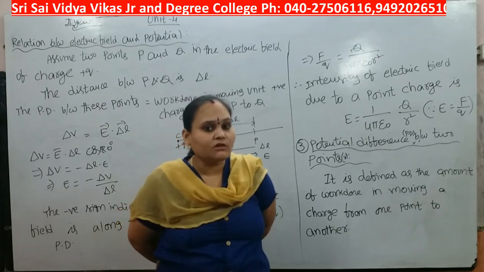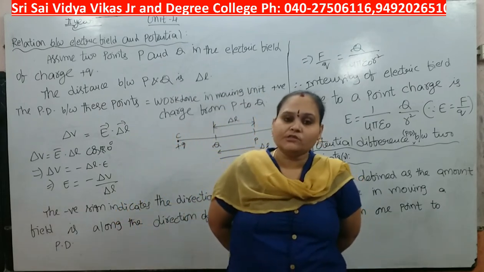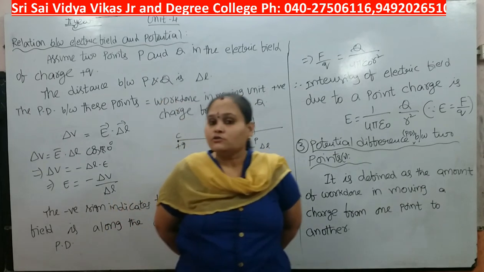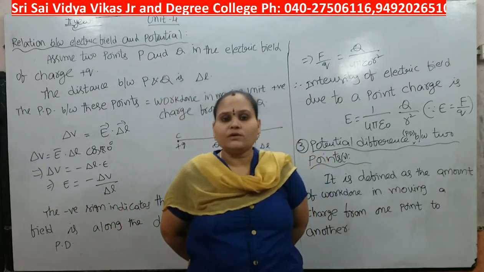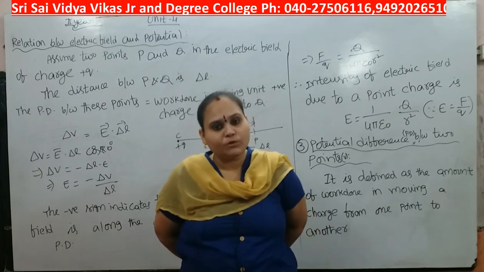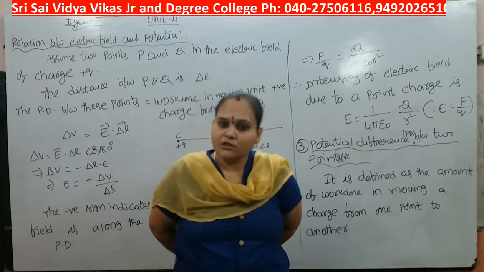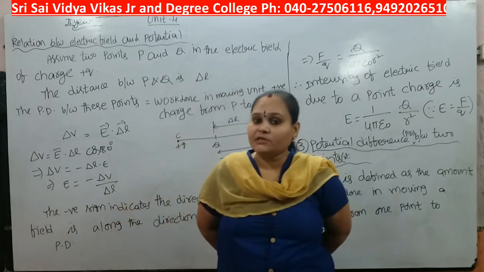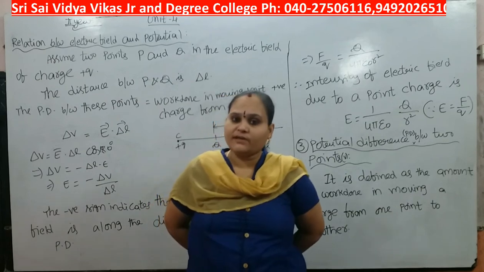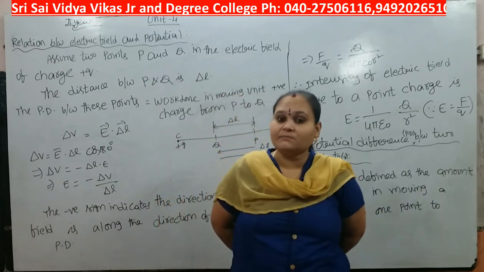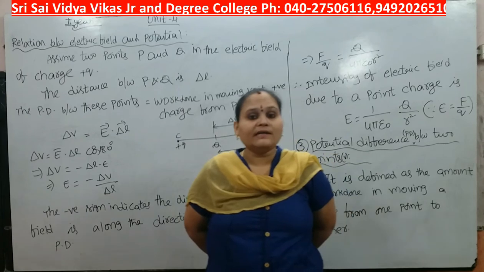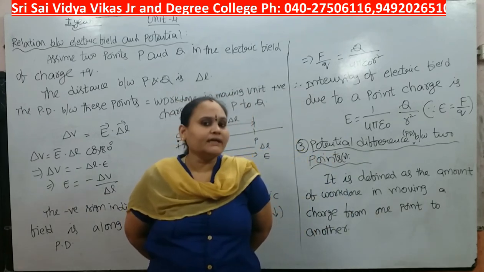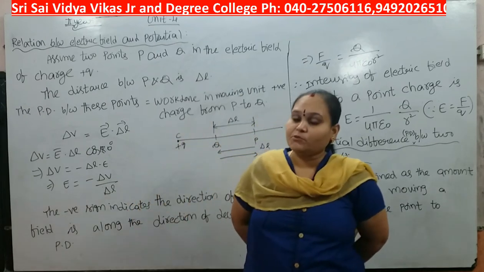Now, the Coulombic force of attraction or repulsion is F equal to 1 by 4 pi epsilon naught Q1 Q2 by R square, everybody knows this. So, here Q1 and Q2 are capital Q and small q. So, F equal to 1 by 4 pi epsilon naught capital Q into small q by R square. So, the q can be taken to the left side, that means F by q will be equal to Q by 4 pi epsilon naught R square, and F by q is equal to E, that is the intensity of the electric field. So, E equal to 1 by 4 pi epsilon naught Q by R square is the intensity of an electric field.